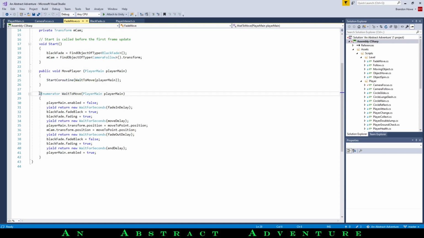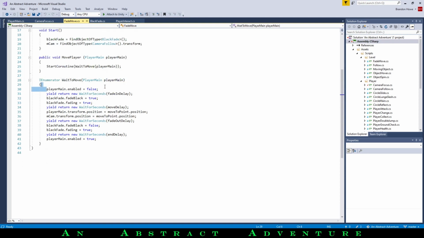Yeah, so then starting this coroutine, we're first setting the player main.enable to false, so the player can't move, and then waiting our first delay, then setting fade black to true, and then setting the fact that we're fading to true, so then we fade to black, wait a little bit longer, and then we are actually doing the moving, which is just moving the player to the move to point dot position, and then moving the camera to that